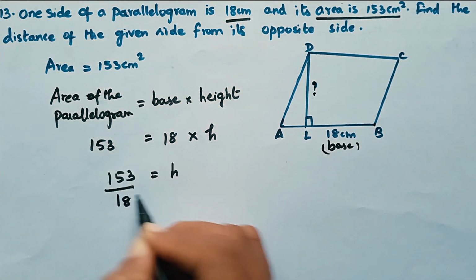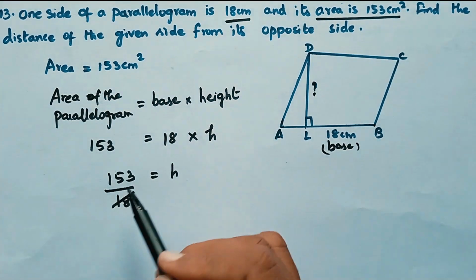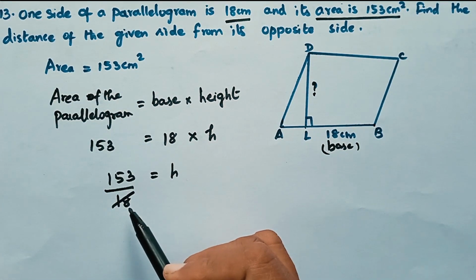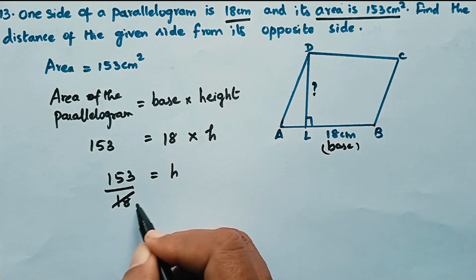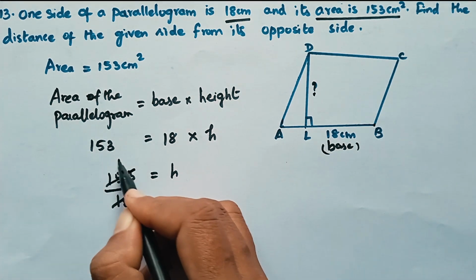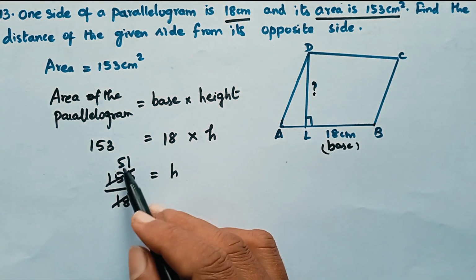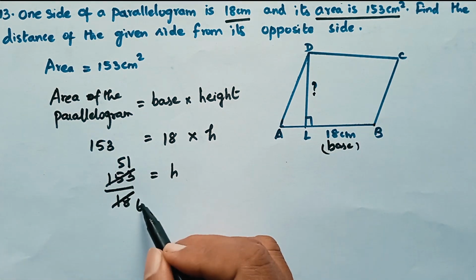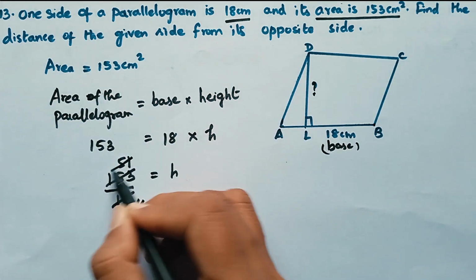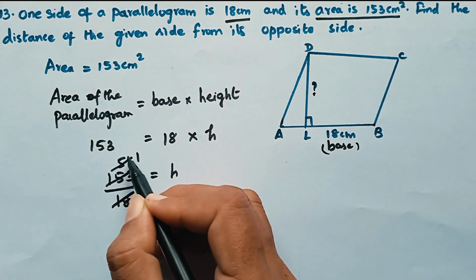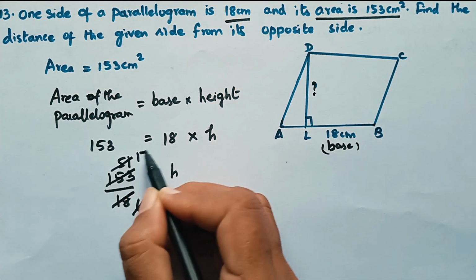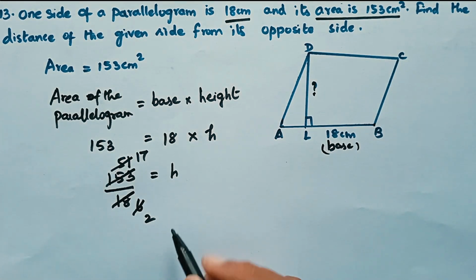153 divided by 18. These both numbers will be divisible by 3. So cancel out with 3. 3 into 6 times is 18. 3 into 5 times is 15 and 3 one time is 3. Again these both numbers will be divisible by 3. So cancel out with 3. 3 two times and 3 one time is 3. 3 into 21. 3 sevens are 21. So when you divide 17 divided by 2 you will get